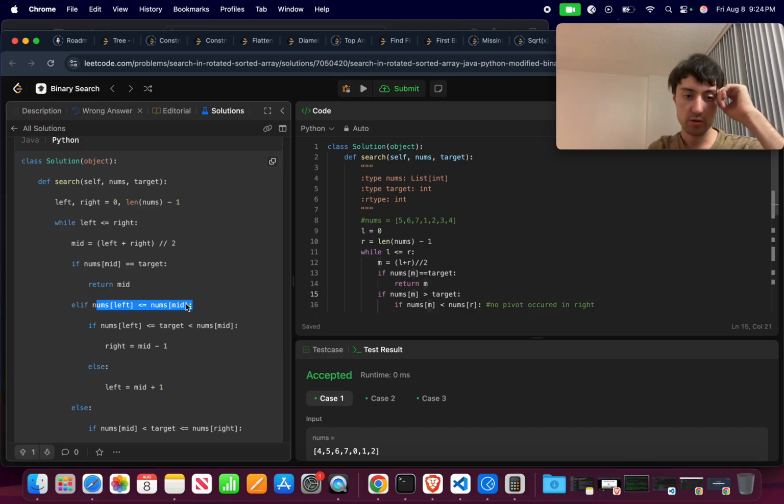So that means that there's no pivot in the left. If nums of left is smaller than target, smaller than or equal to target and